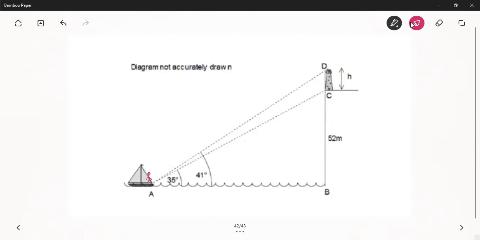Now, the thing is this. There is someone in the boat. Imagine this is Lucas here. And there is a lighthouse. And as you can see, as yesterday, there is a surface of the ocean. Now, we take the surface of the ocean, let me do that on the shared screen. We take this surface of the ocean as a reference